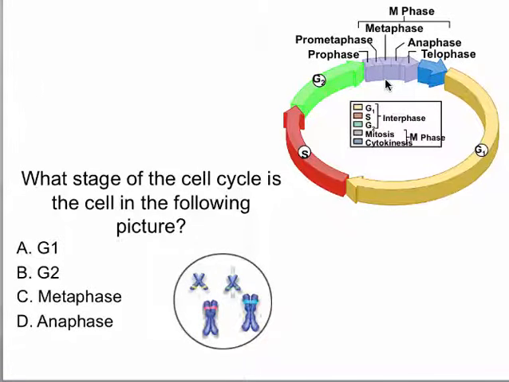If it were metaphase, again we said the homologous chromosomes would be facing each other, attached to each other, and they're not attached to each other. If it were anaphase, the sister chromatids would have already separated, so that's not the case either. So it will have to be the G2 phase, right? The cell is ready to start cellular division, but it hasn't divided yet.